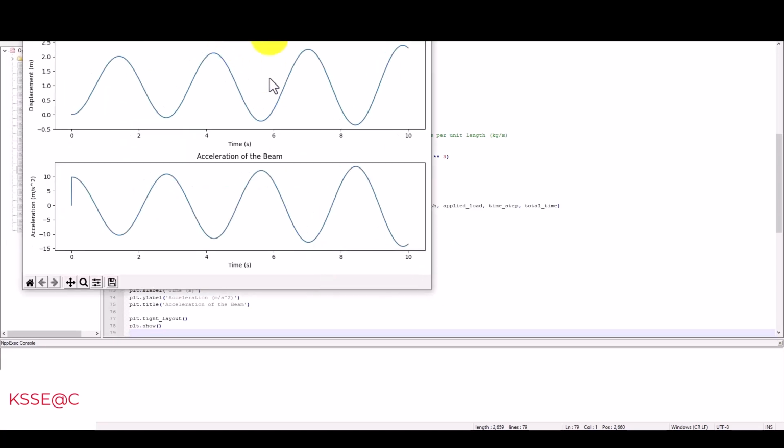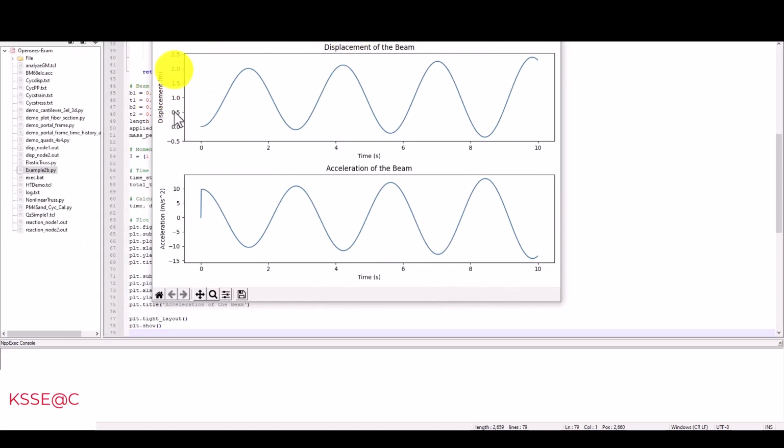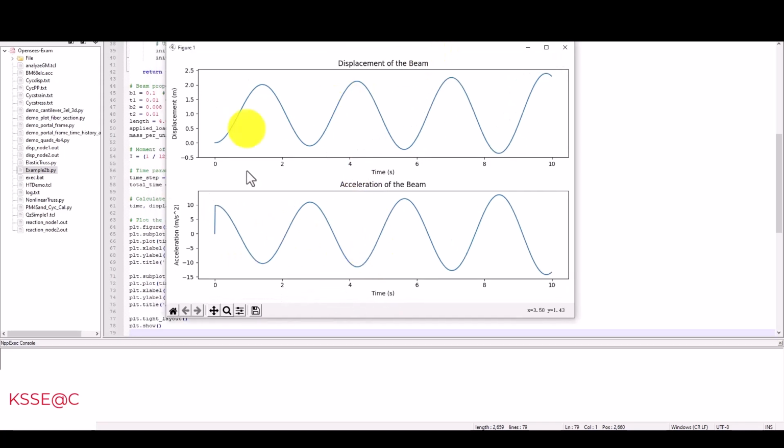So now you can see the first one is the displacement, and the second one is acceleration. When we add the beam in the metal side, we will actually measure the displacement and acceleration at that point, and because the cross section is the same, you can measure the displacement and vibration at any point. So you can solve a very complex problem using this ChatGPT